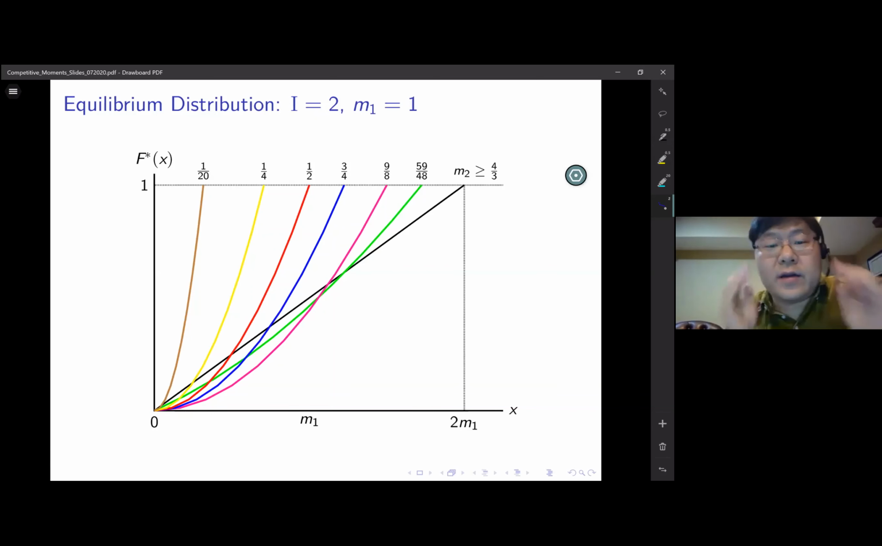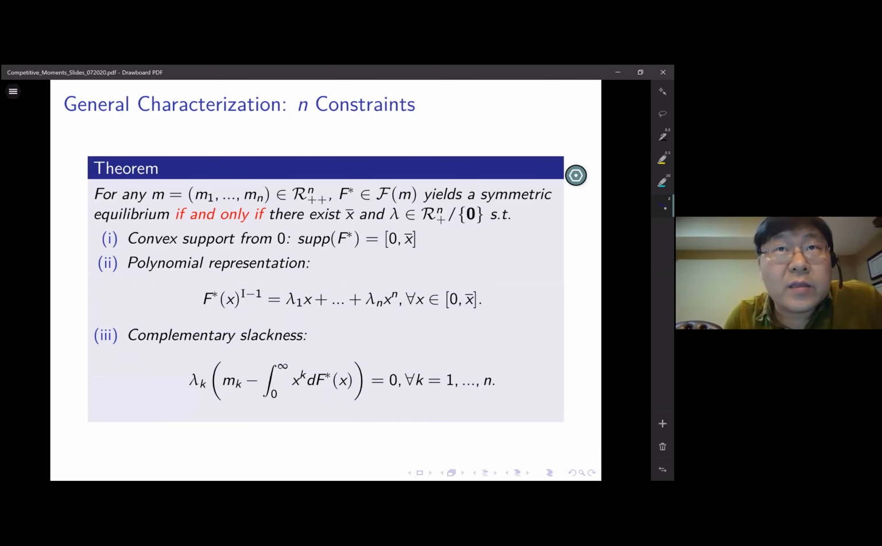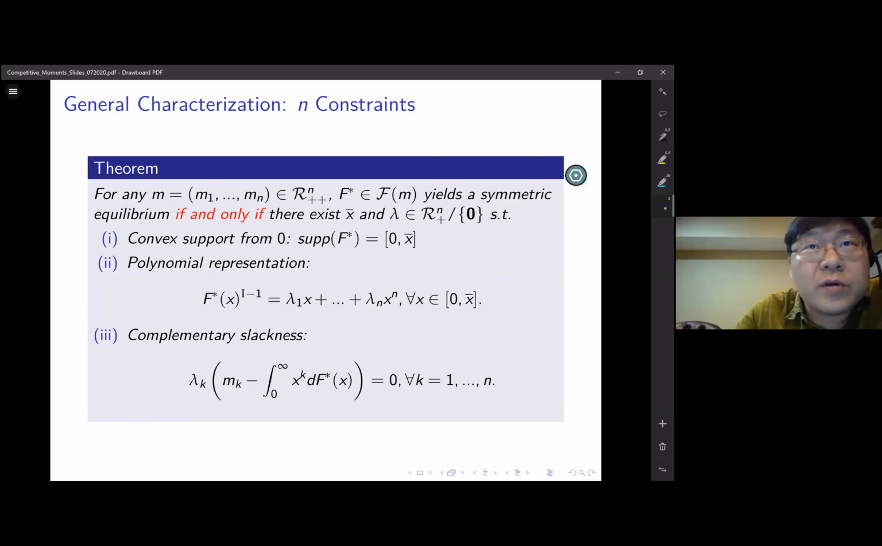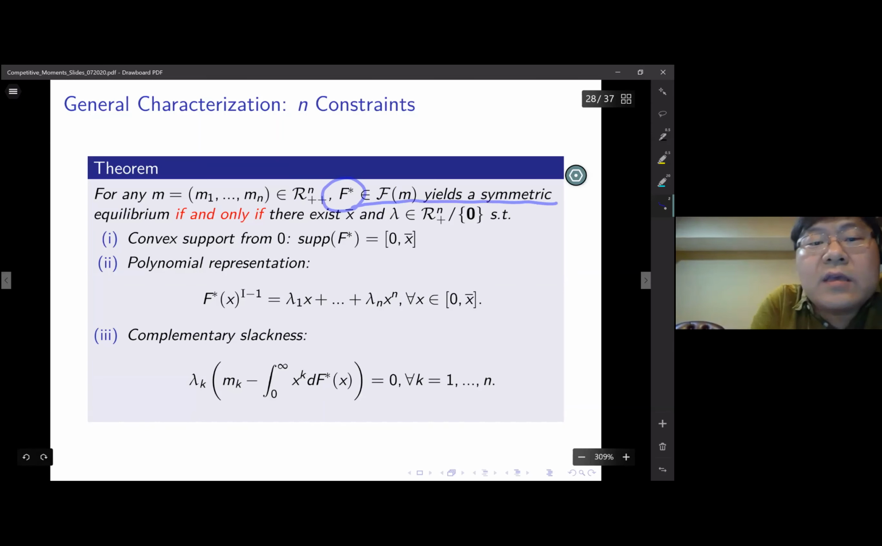Well, so far I've been talking about the case where there are only two constraints. What can you say for the general case with more than two constraints? It turns out that all the properties I've been talking about continue to hold in the general case with arbitrary moment constraints. So this is the result. This n is the number of constraints, but it can be any natural number. You give me any strictly positive vector m, then F star is a symmetric equilibrium if and only